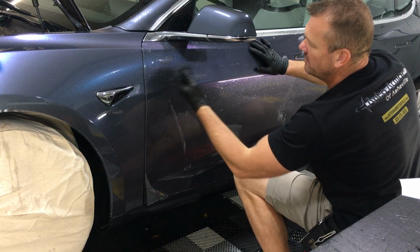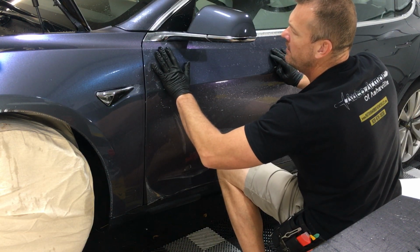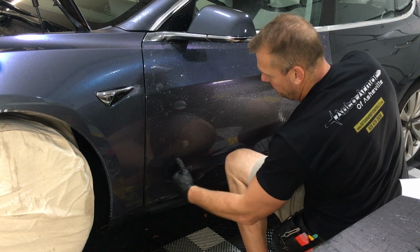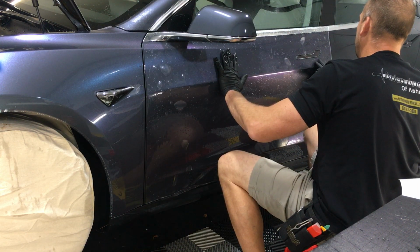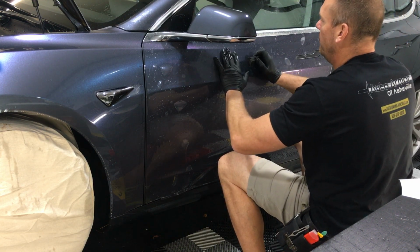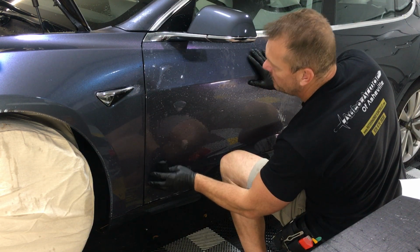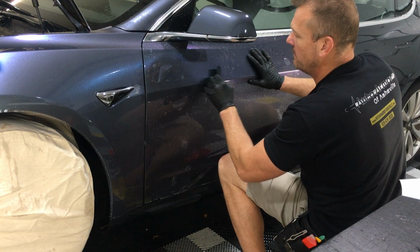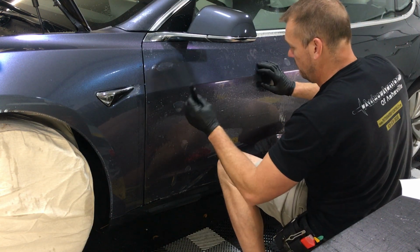And we also use Expel's Design Access program also, so that way, again, every opportunity we have to cut pieces, we do. I mean, there are certainly vehicles that come through here that we do not have patterns for. We had a 72 Corvette come through that we only had a couple of the pieces for, but again, every little bit helps. If we've got the patterns for it, it helps us optimize film, so we don't have as much wasted film, which essentially